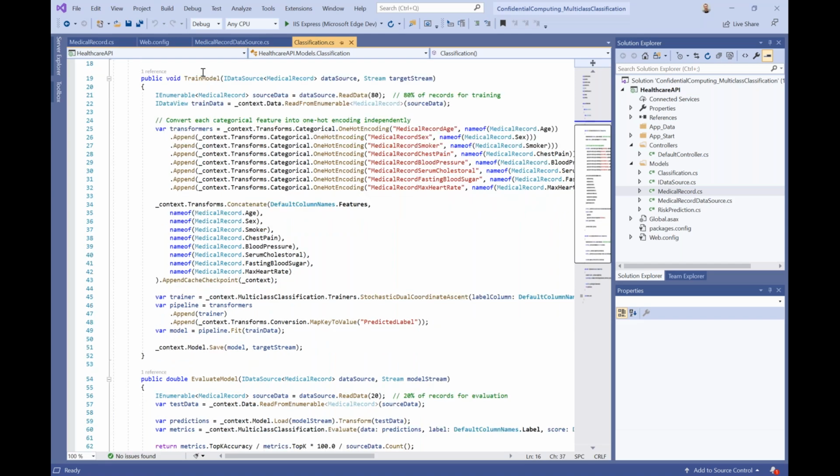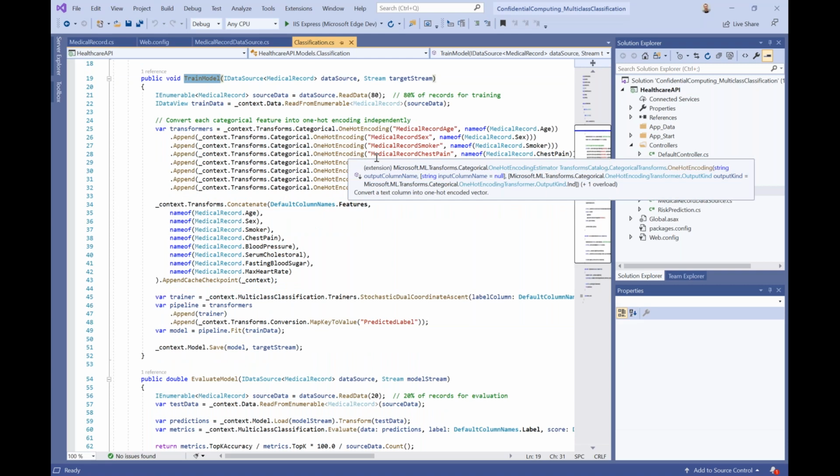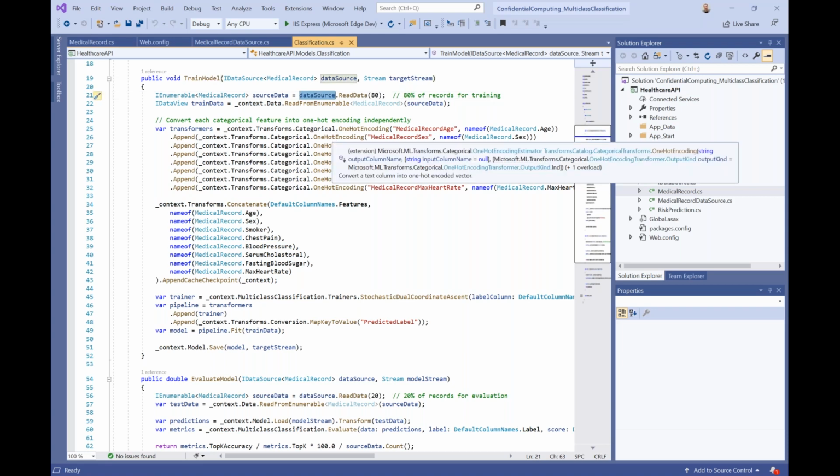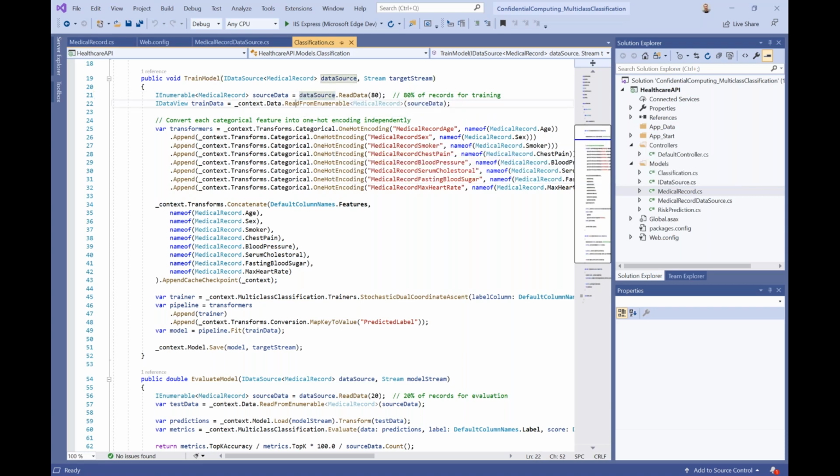The training, and I'm happy to share the code itself. There is nothing sensitive in here. Basically, access the data source, and I'll get back on this. Read the data source in memory, and then apply some transformation. Because this is a classification, we have to turn some of this information, like age, sex, smoker, into a categorical